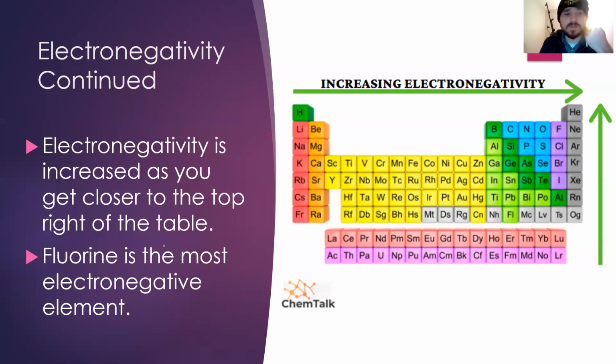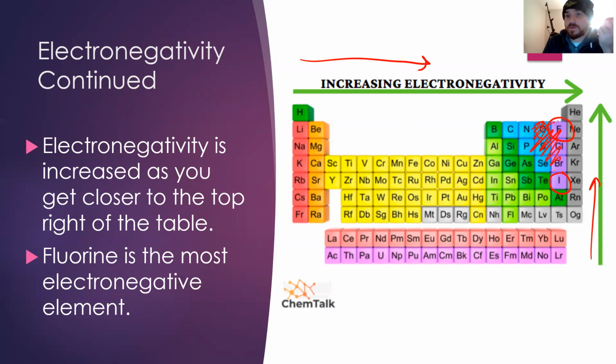So again, electronegativity increases as you get closer to the top right of the table. It increases as you go left to right. It increases as you go up to down. And fluorine is the most electronegative element. Now, interestingly, an element like oxygen, a very electronegative element, is probably more electronegative than iodine, even though iodine is in that halogen group. So it's not necessarily one-to-one,